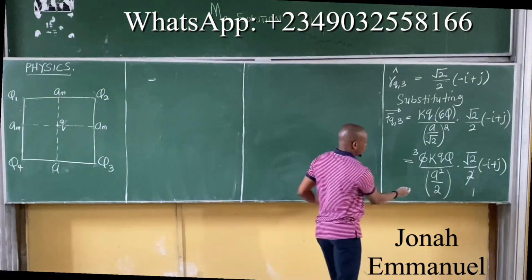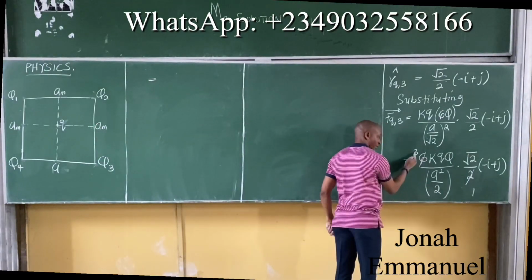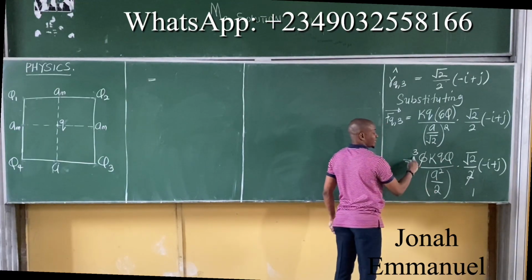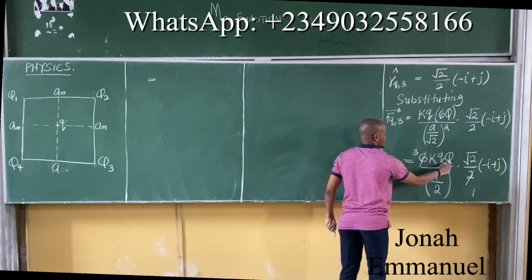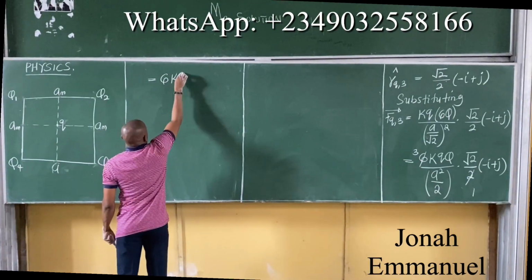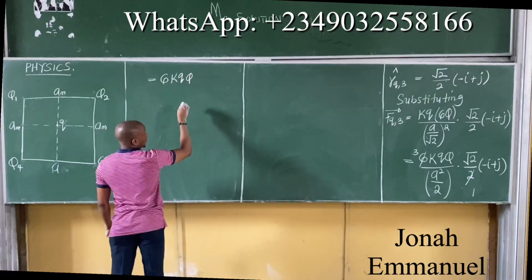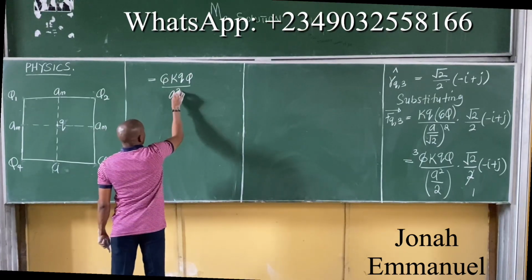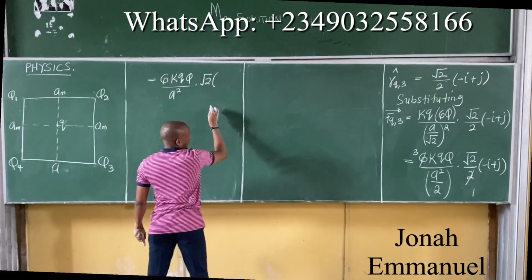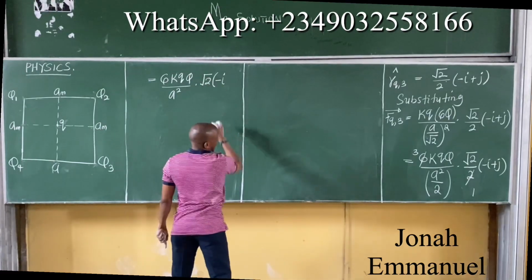We said this one would come here, so it becomes 2 times all of this. 2 times 3 is 6 times this. That gives you 6KQQ all over A squared dot root 2 into minus I